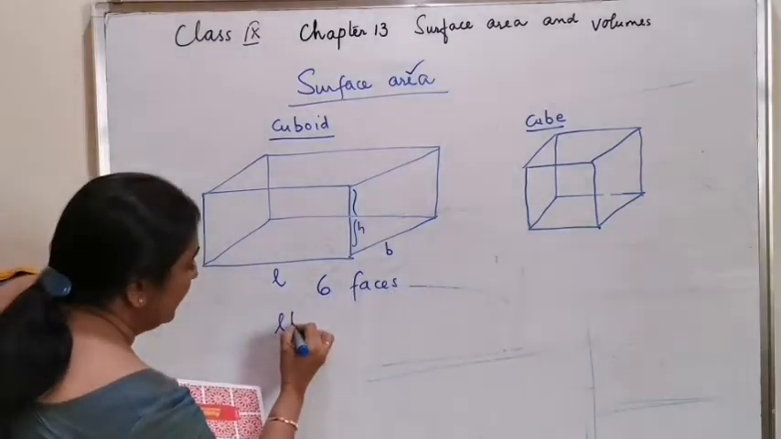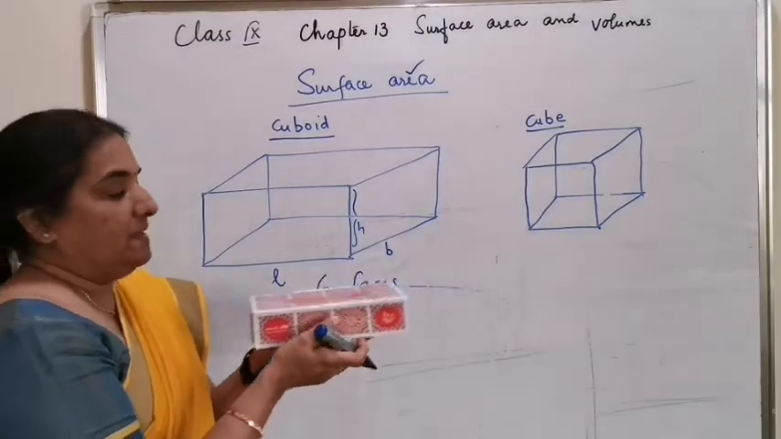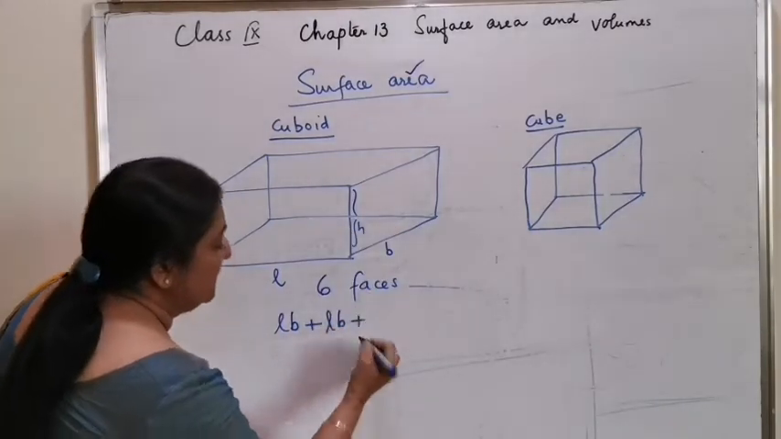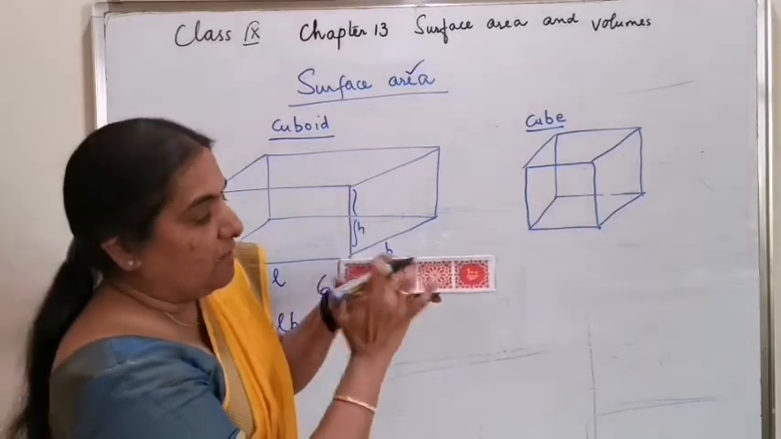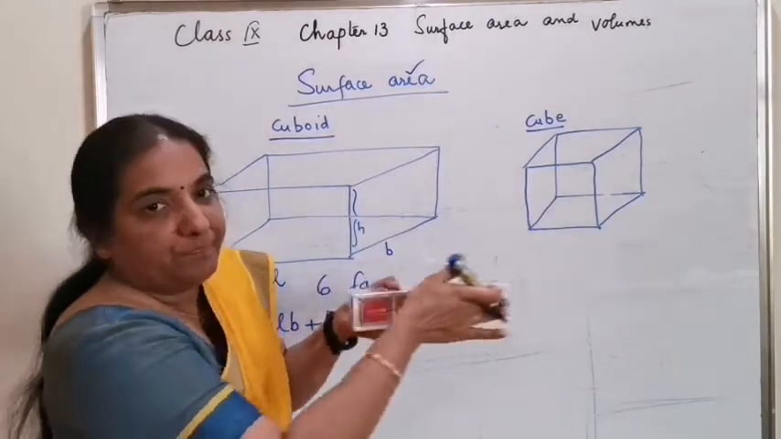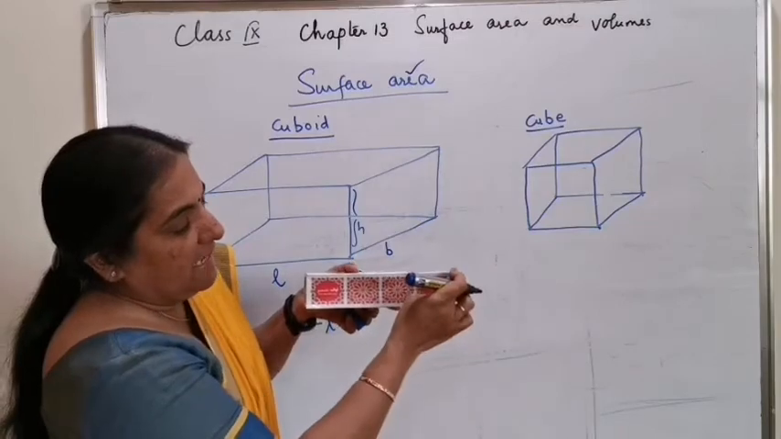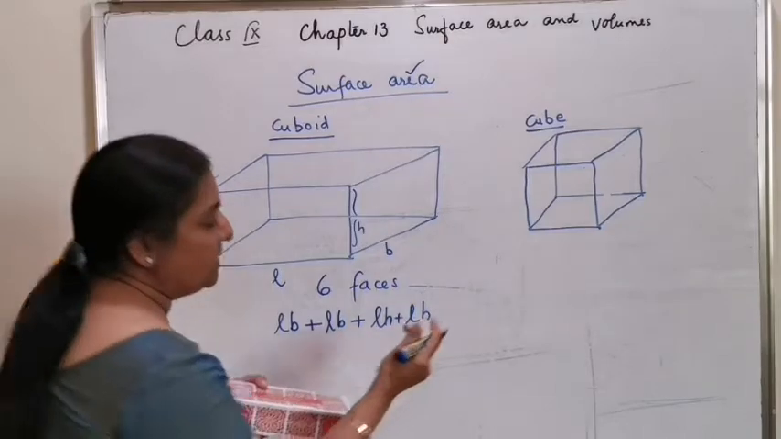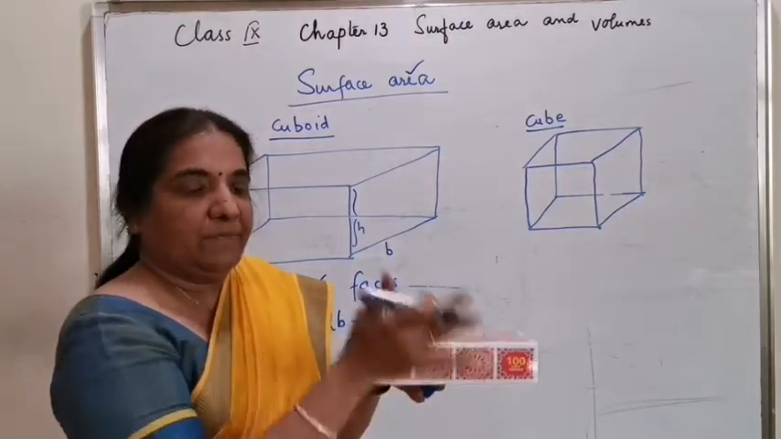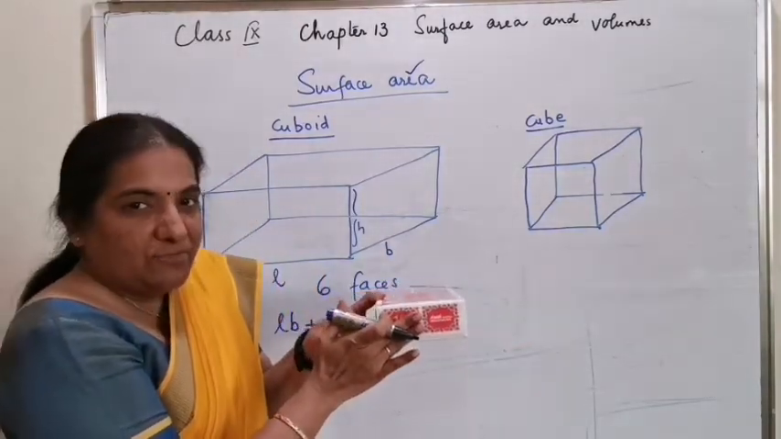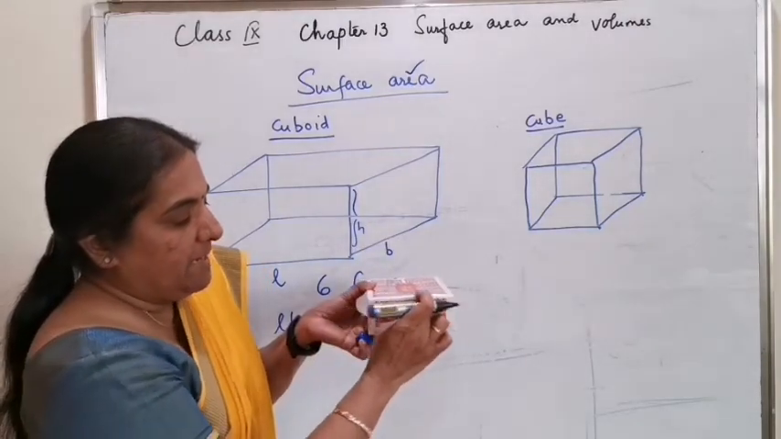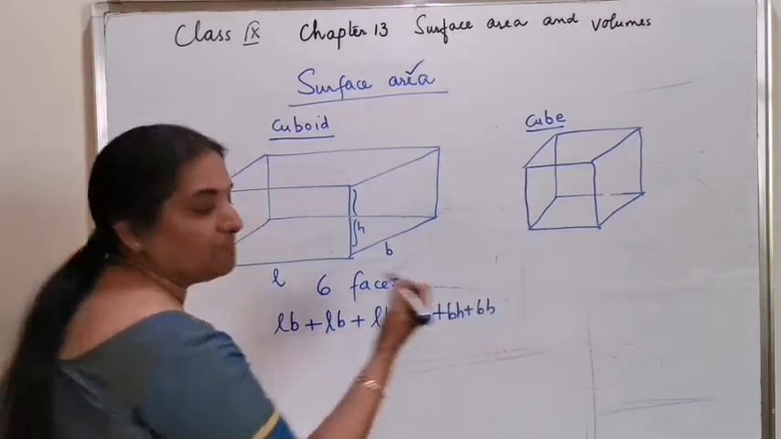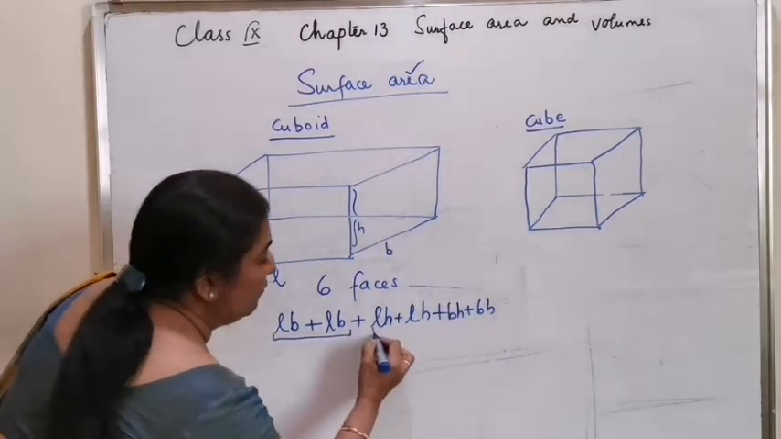That is length into breadth plus the same equal area at the bottom, another LB plus. What will be the area of this particular face? It is made up of length and height. That means there is LH plus one more LH on this side. Again, what will be the area of this small face here? It is breadth into height plus BH plus BH, which give you the total of